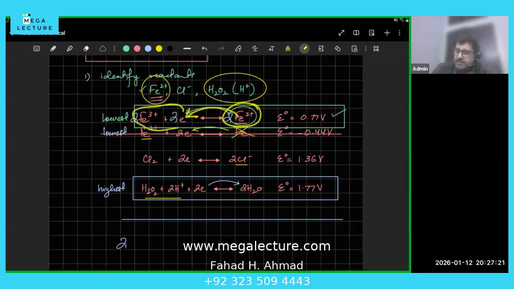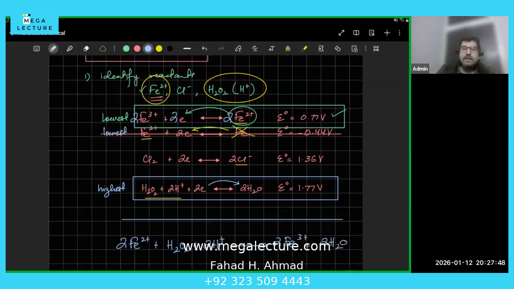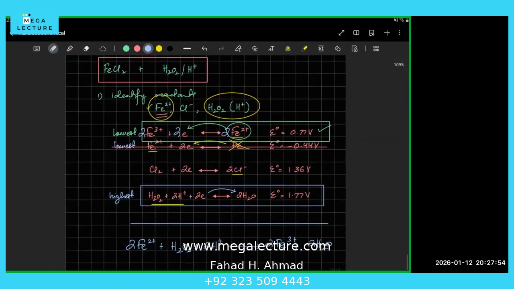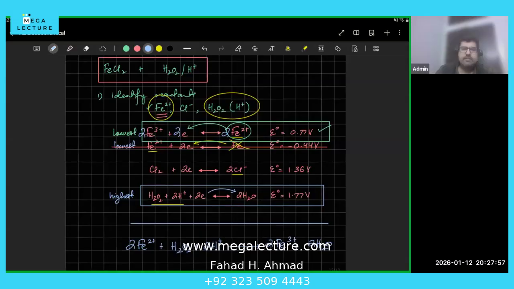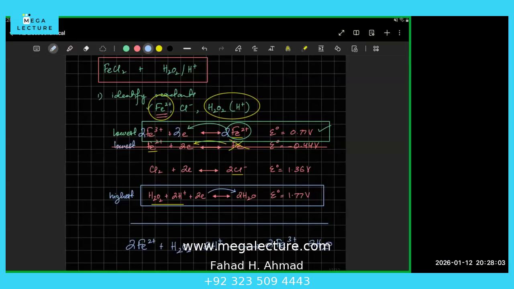This side is my product. So it's 2Fe2+. And in the other one, the reactant, the left side, that's your H2O2, and you've got 2H+. And the product, what's the product? In the upper one the product is 2Fe3+, and in the lower one the product is 2H2O. Right? Is this clear? Yes. Okay. Ibrahim, Mania, is this clear? Yes. Faris, did you understand this?